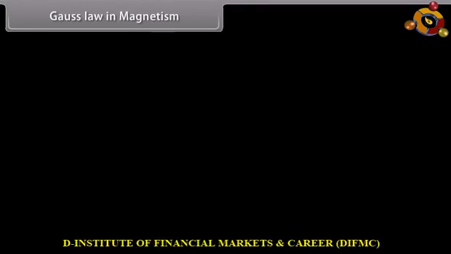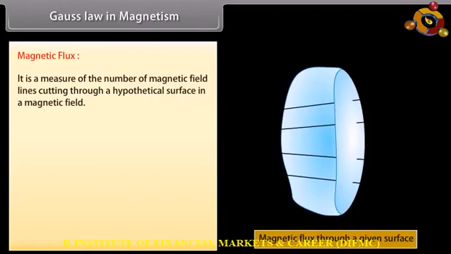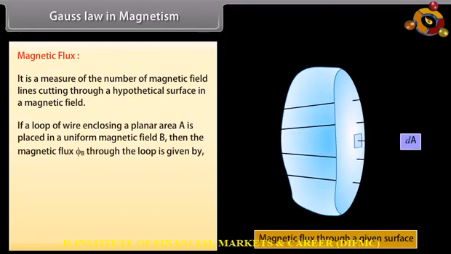Gauss's law in magnetism. Magnetic flux. It is a measure of the number of magnetic field lines cutting through a hypothetical surface in a magnetic field. If a loop of wire enclosing a planar area A is placed in a uniform magnetic field B, then the magnetic flux phi B through the loop is given by the dot product of B and A, which is equal to BA cos theta,